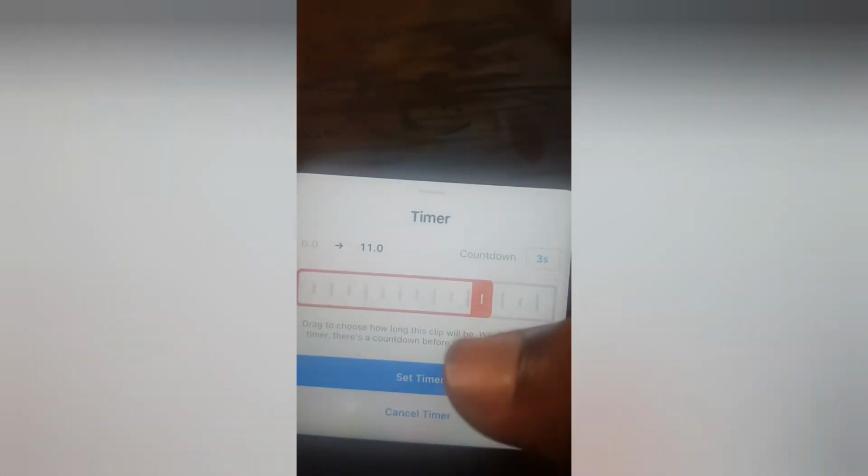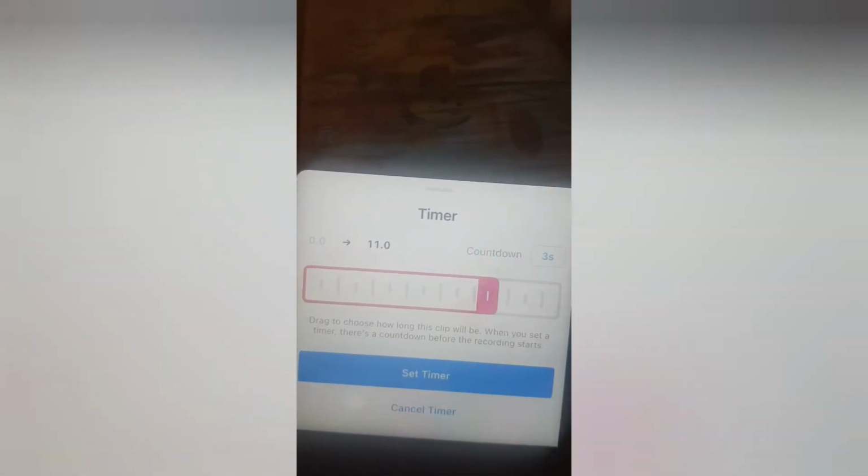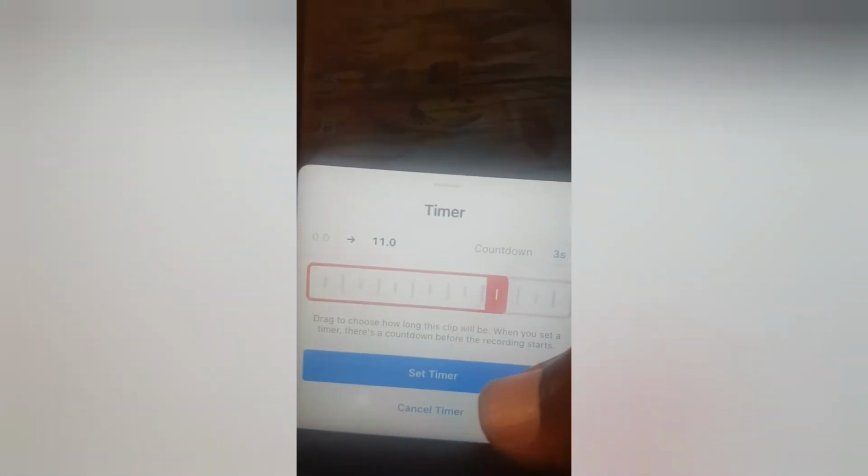Whenever you are ready to do this, go ahead and toggle the speed or the timer of the video, and then click on set timer right there to set the timer. But I do not want to make use of that. Okay, you know what, let's go ahead and use that. Now it's going to change our timer, but even though it still displays the default of 15 seconds,